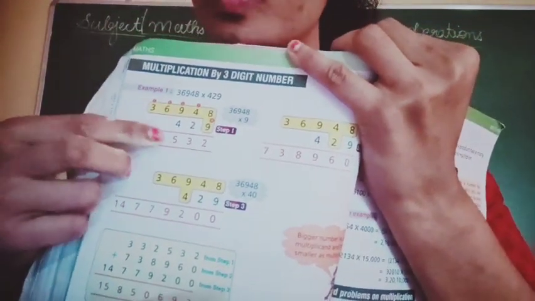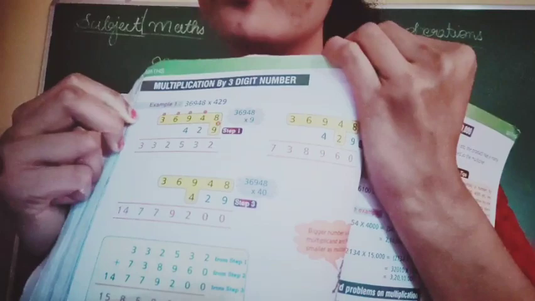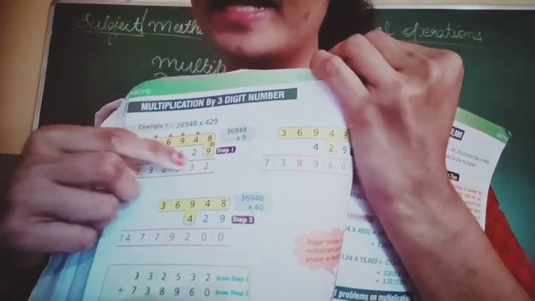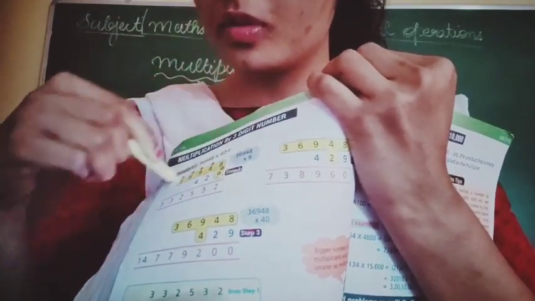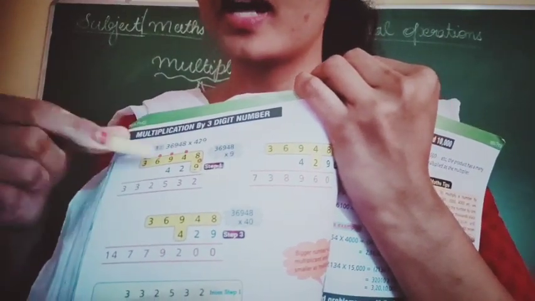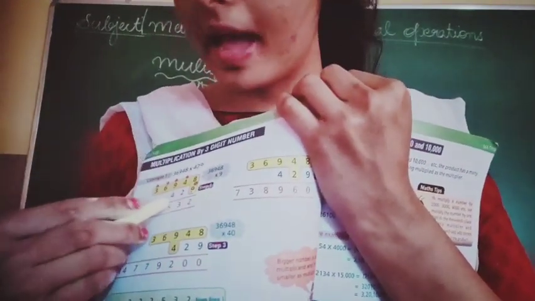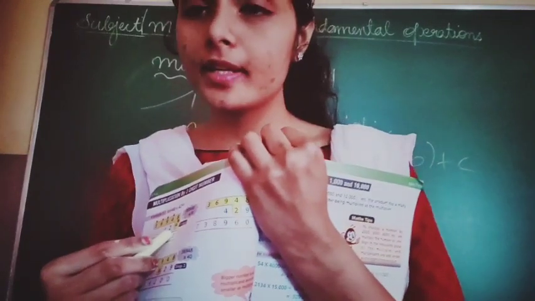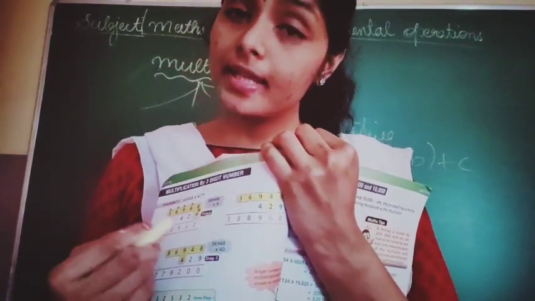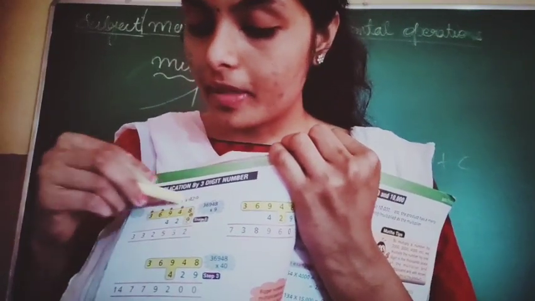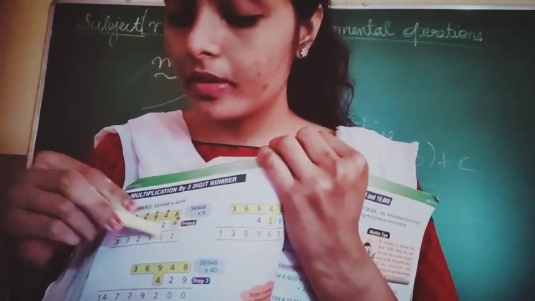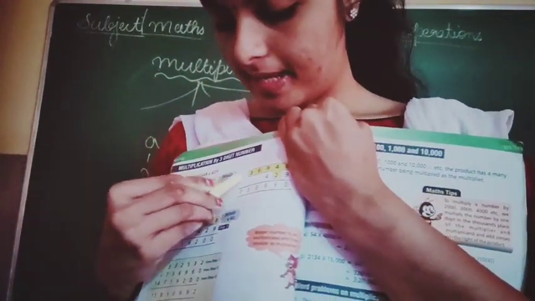The first one, you have 4, 2, 9. When you're multiplying, you should always start by multiplying from your right side. Then it should go this way from your units, tens, hundreds and thousands. Got it? Now when you're having a 3-digit number, you have already learned about this multiplication, correct? In this multiplication, how did you do? When you're taking the first number, you should multiply with the whole number. Then write it down. Then you'll put a plus mark. Then you'll start the second one.